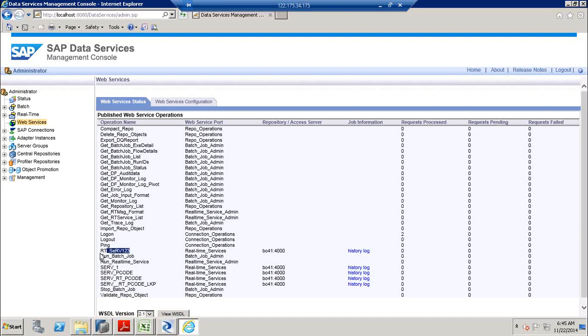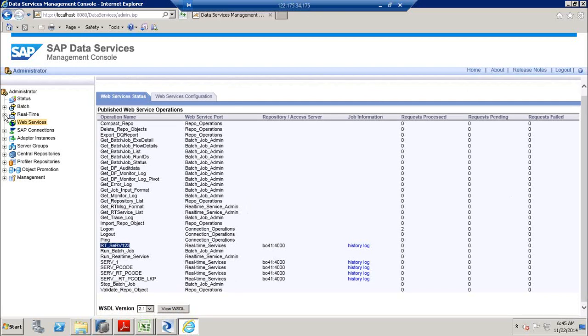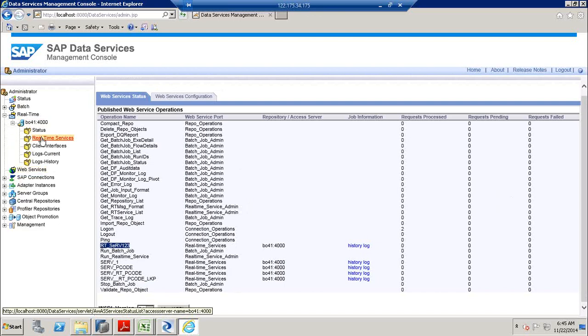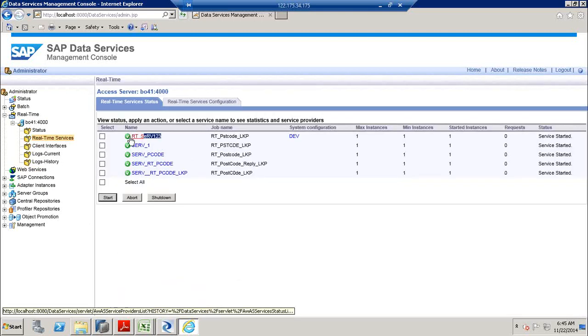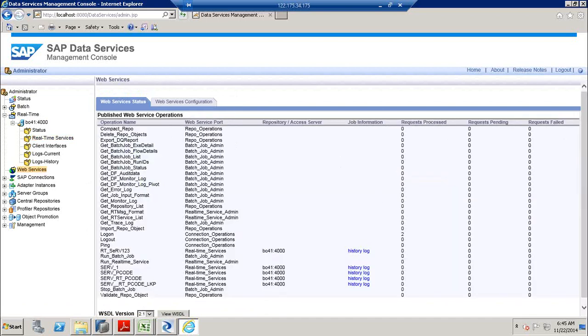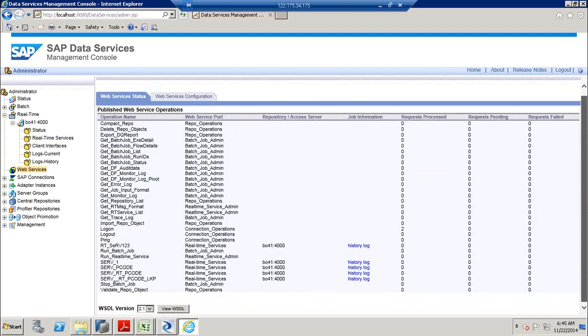This is the service that we added, which is RT serve 1234, and if you want to cross check that one, you can go to the real-time services, and RT serve 123 is the name that we gave for the service. So once you see that in the list here,